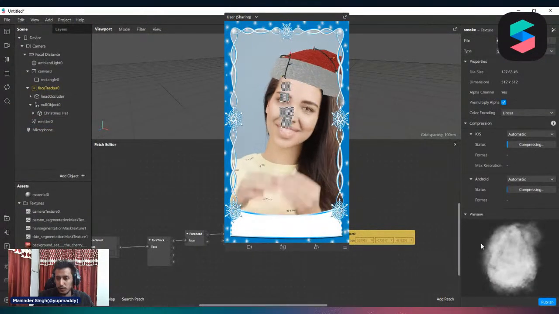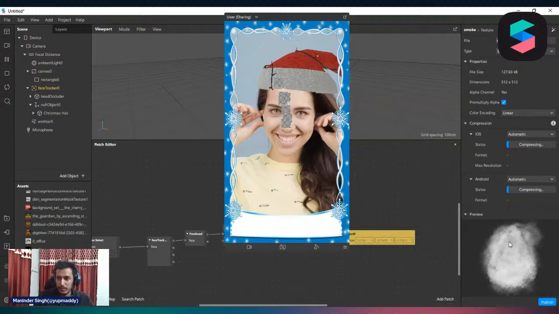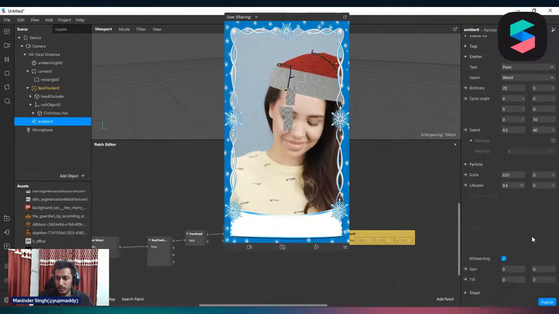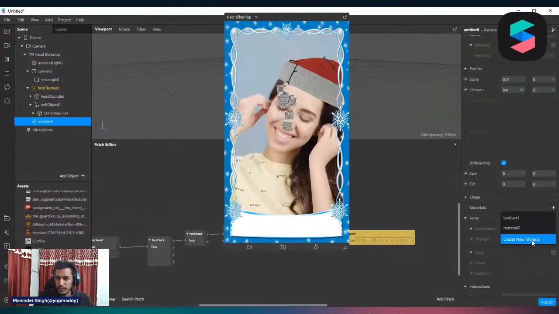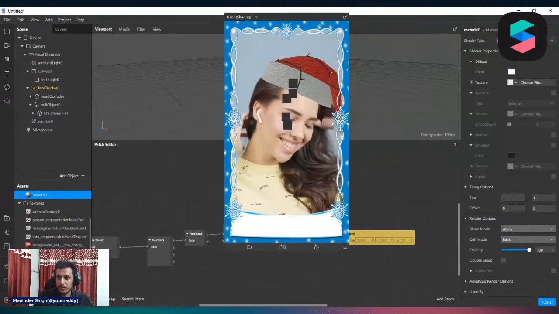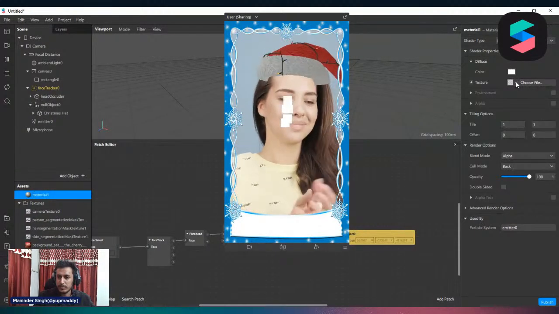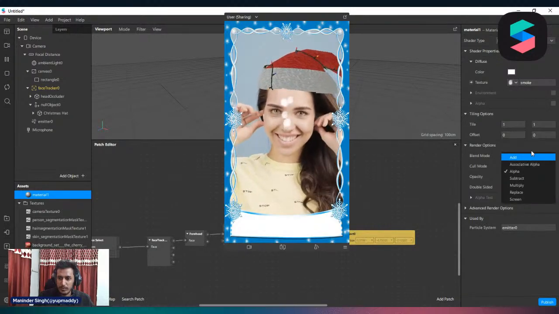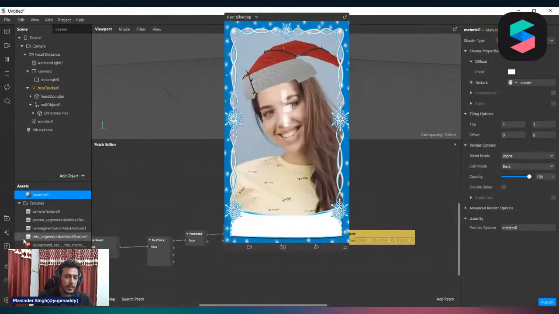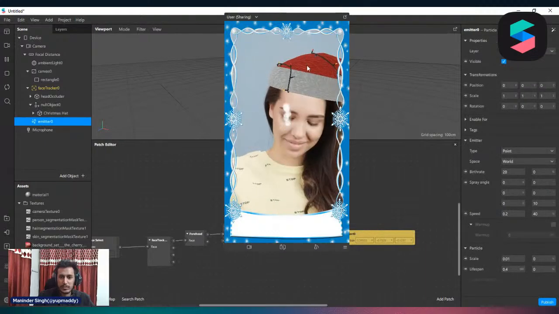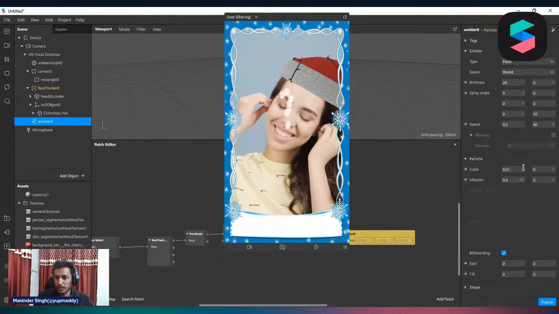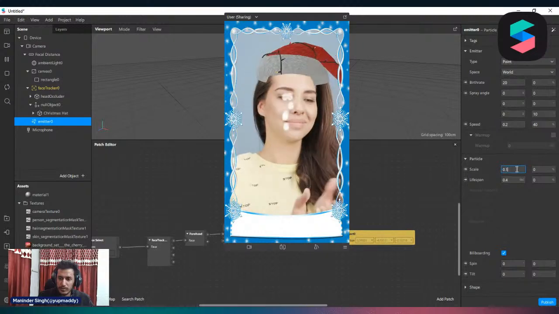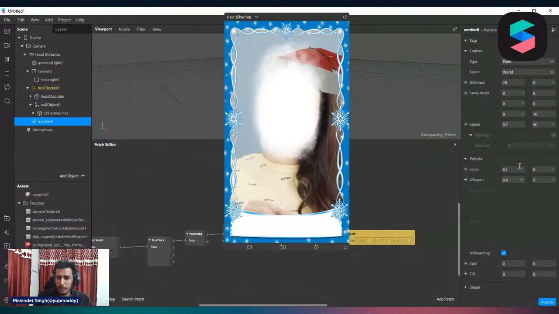So this is my smoke PNG. You can check here. Now add material here, flat and smoke. Smoke, okay. Now increase the size of the smoke. We'll scale it to like 0.1,